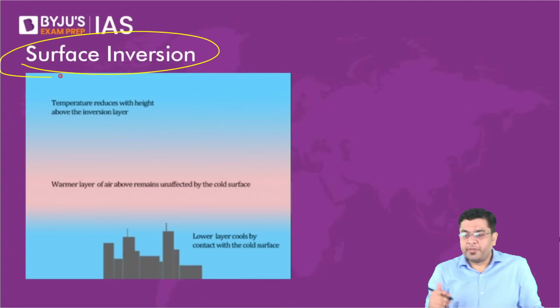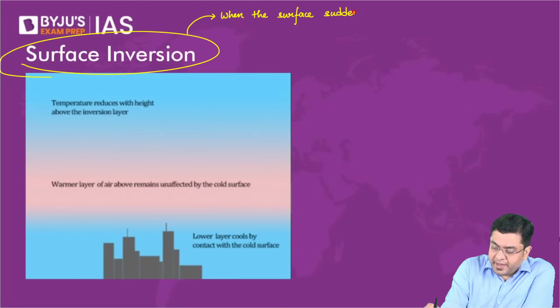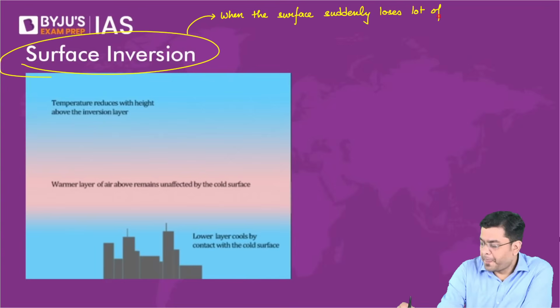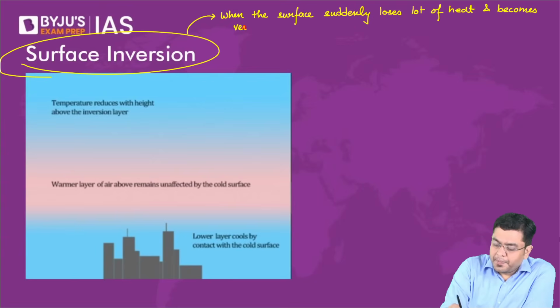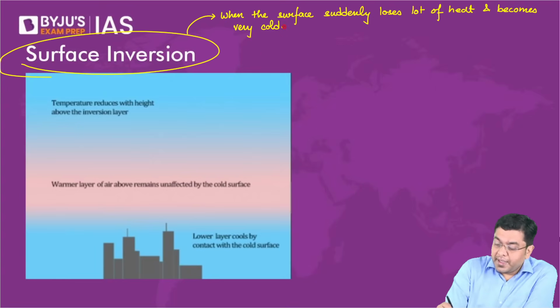So let us understand how this happens. So this is generally observed when the surface suddenly loses a lot of heat and becomes very cold. So whenever this happens, that the surface loses a lot of heat and becomes very cold, in this condition,